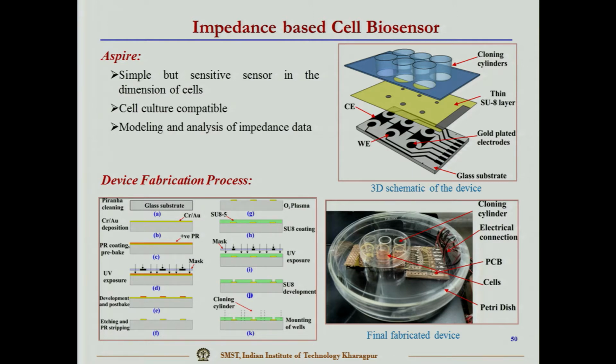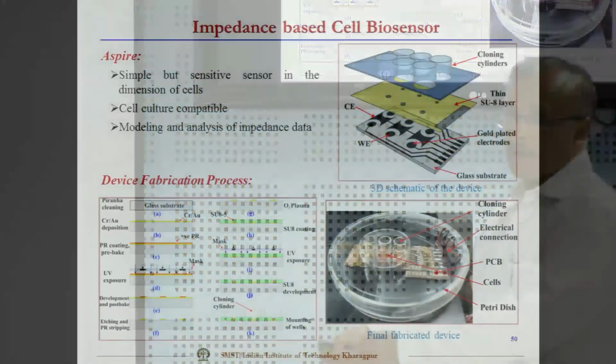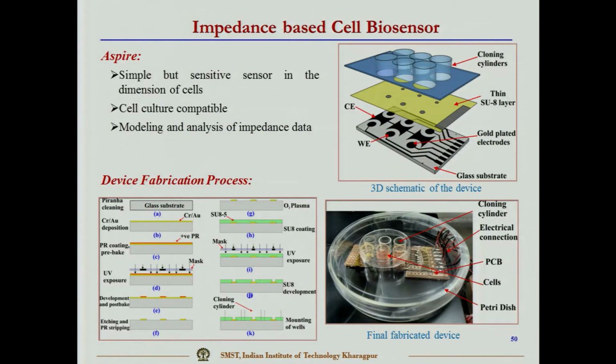On top of that you just have a cloning cylinder, put it together and you will get it. And on this side you have all the electrical connections, so that it can be directly connected to the instrument. Okay. Now, after fabrication